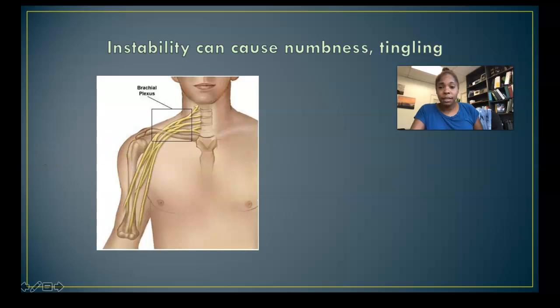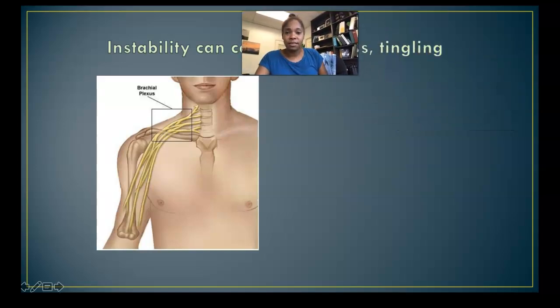What happens with an instability a lot of times is as this continues to get stretched, or if we sublux a lot, then we can impinge upon the brachial plexus, right? And so then not only do we have a weak or unstable glenohumeral joint, but we now have a humeral head that's impinging or pressing on the brachial plexus and is causing numbness and tingling. And then the terrible part about the numbness and tingling is the weakness that exists at the hand, right? So that athlete loses the ability to grip, to hold the ball, to throw a curve ball because they can't grip really well because they have the numbness and tingling that goes all the way down into the hands and